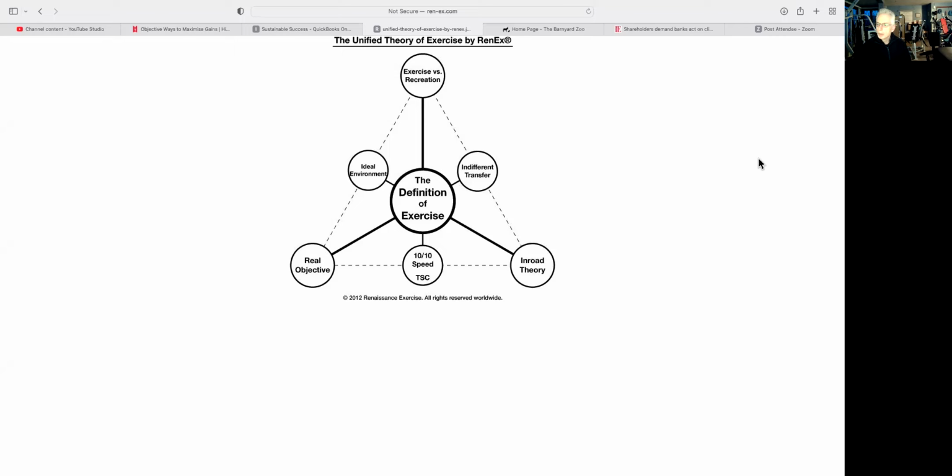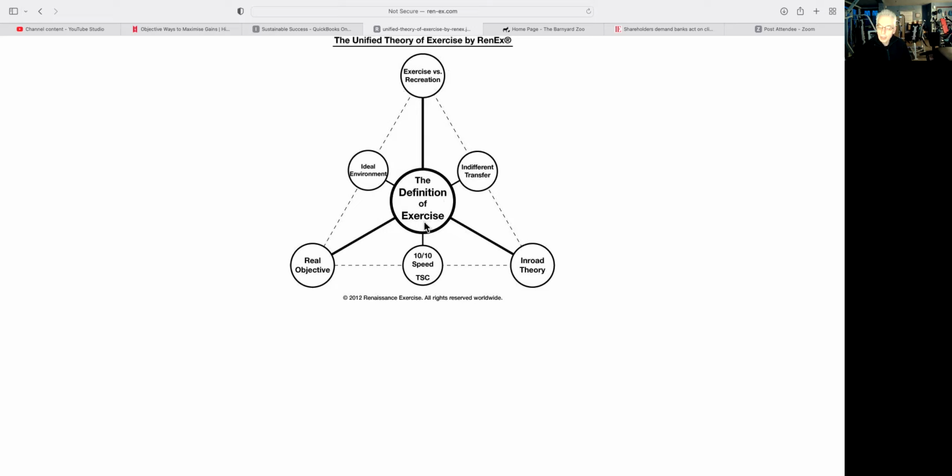So I've done a few entries now on exercise versus recreation, and I'm going to do some entries on these other parts. So I'm just going to go over this very quickly and then break it down in parts in future entries. So we've talked about exercise versus recreation. This is where the mix-up, as I mentioned, of sports and other recreational activities versus activities that are primarily for conditioning get mixed up, and it causes a lot of confusion, causes a lot of injuries, and causes a lot of wasted time and effort. So I'm going to start at the beginning.